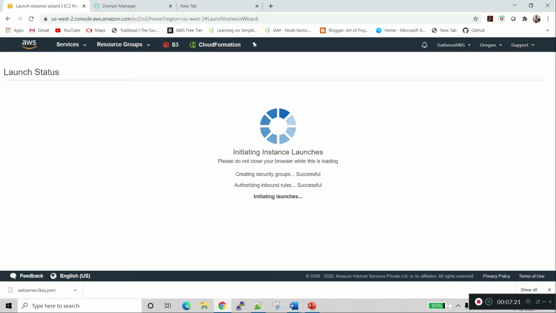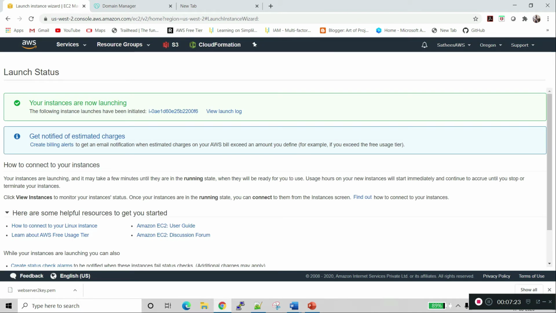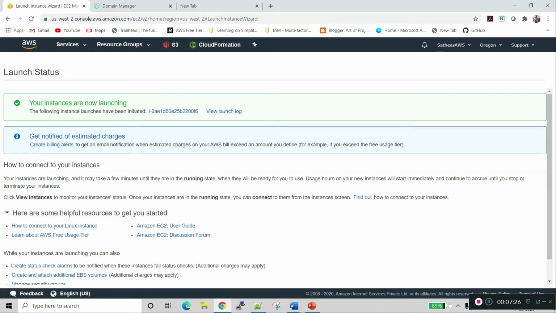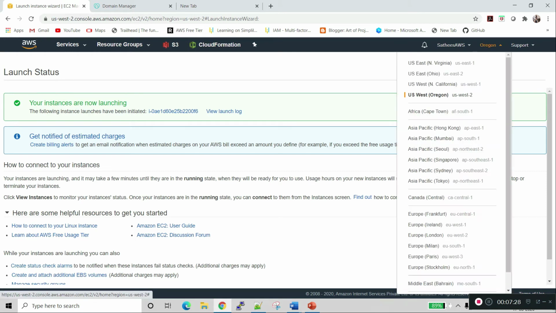So we are launching the instance web server 2. So let's go to US West 1.